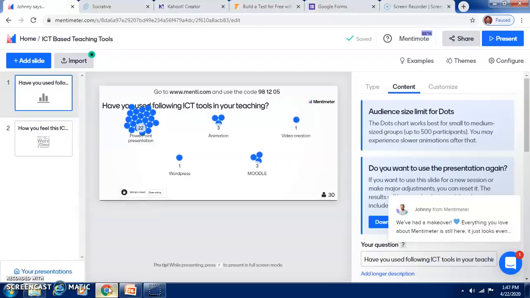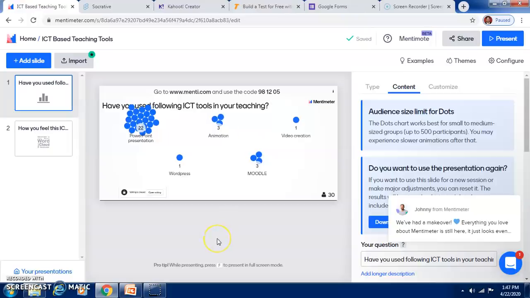The first one is Mentimeter. Now this is one of the questions which I have created on Mentimeter: have you used the following ICT tools in your teaching? The students or the learners have to log into www.menti.com, and they can use this code which has been generated to give the answer.